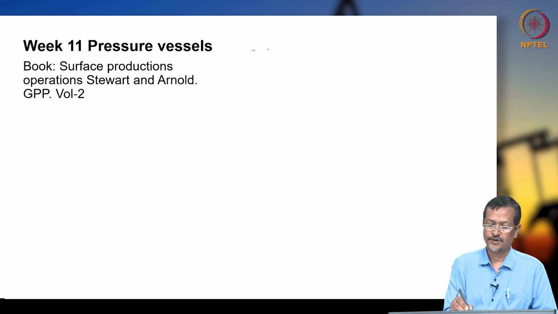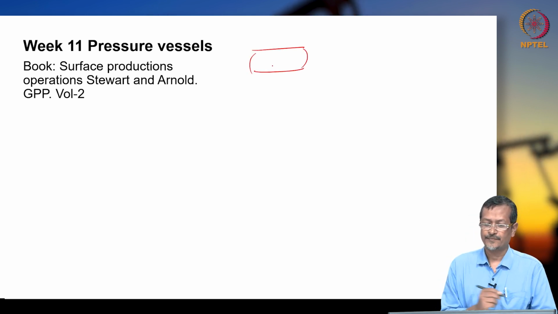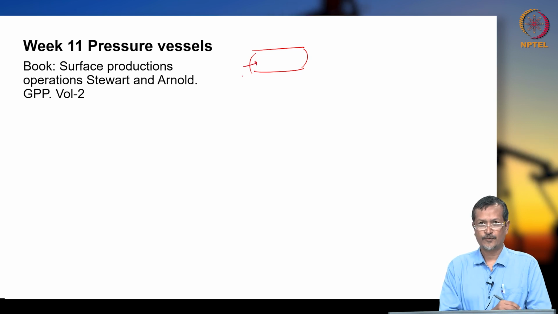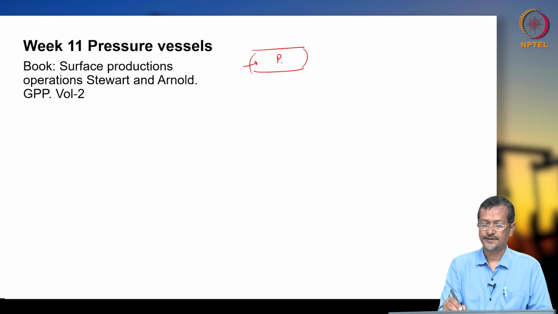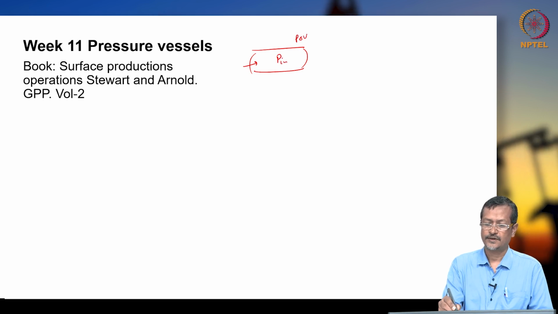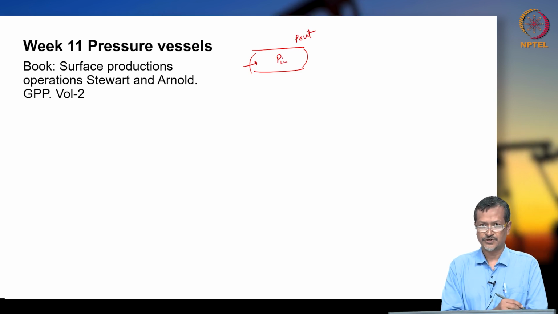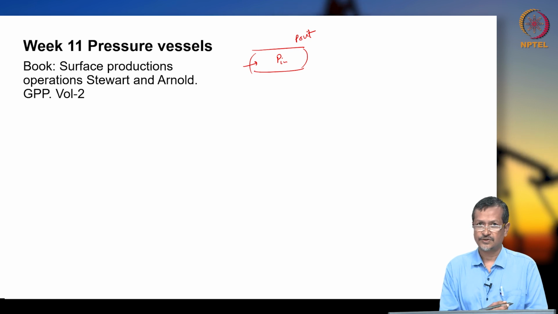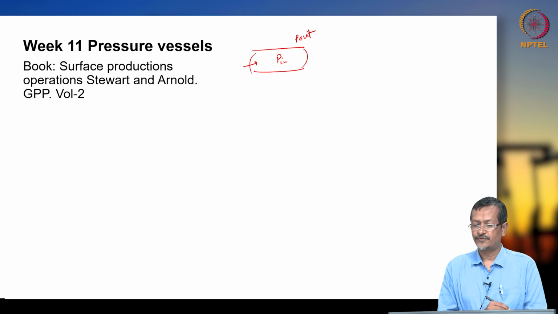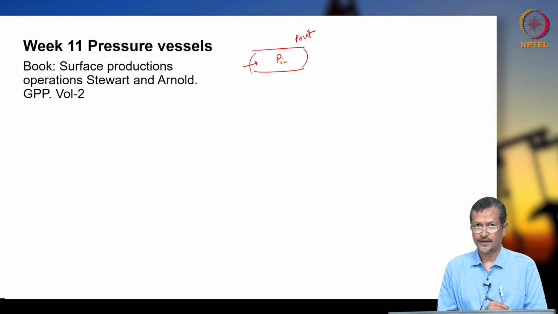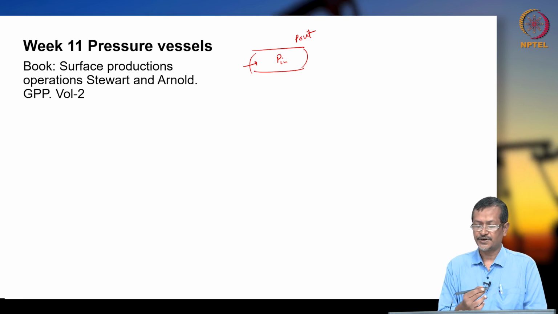For example, you have one separator and you are having different amounts of pressure. So this is actually a pressure vessel. Inside pressure is higher, and outside is actually atmospheric pressure. Inside pressure is normally 1500 psi, 1000 psi, and there will be different types of separator, vertical, horizontal, and pressure rating also will be different